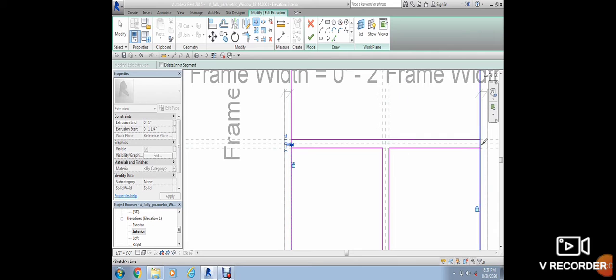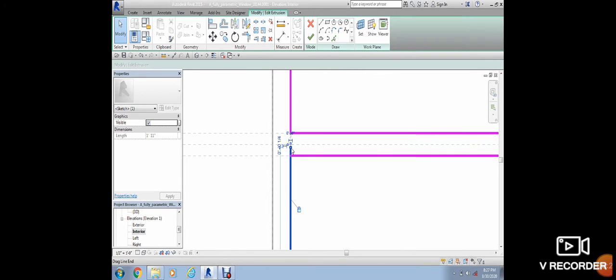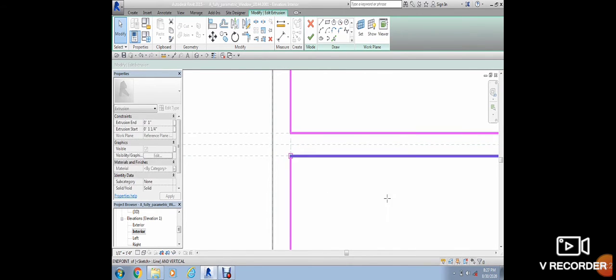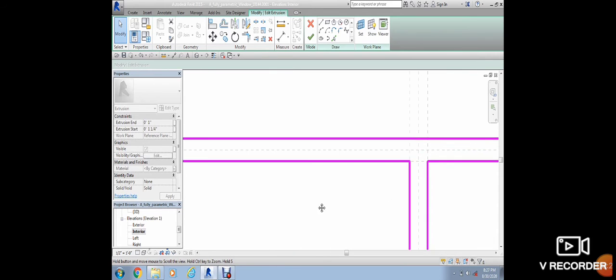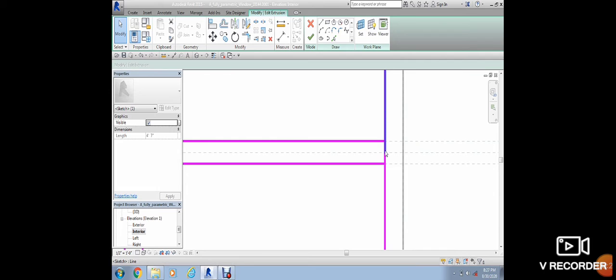In the same way, do the same thing on this side also, and drag these lines properly. Drag this line below also, drag this line in the same way, drag it to the, drag this line, drag this line also, and you will see in this title I have created a window by